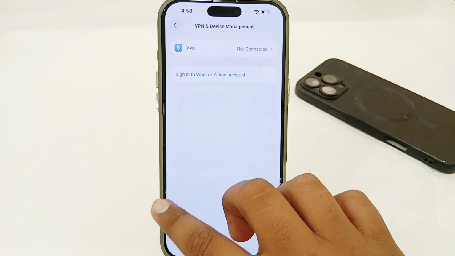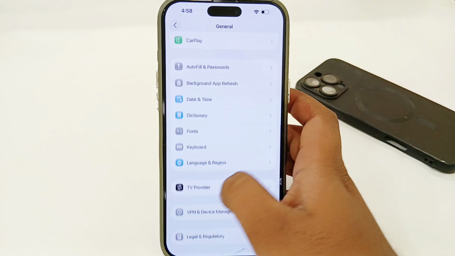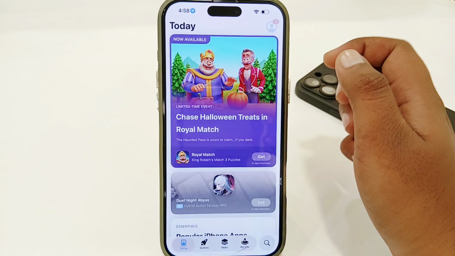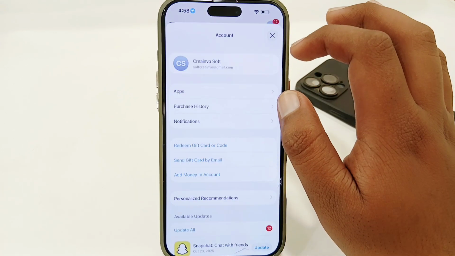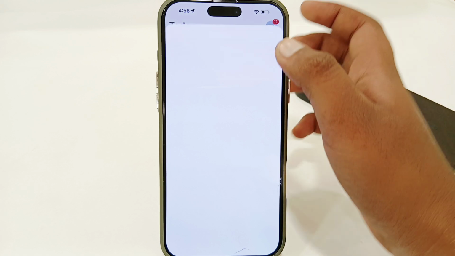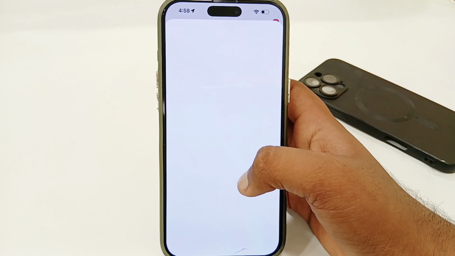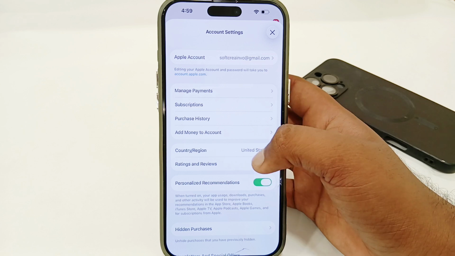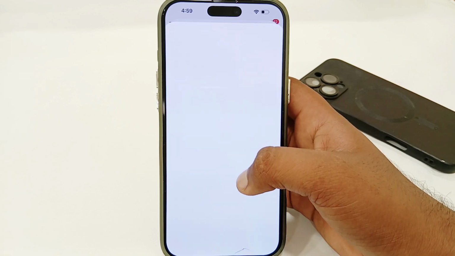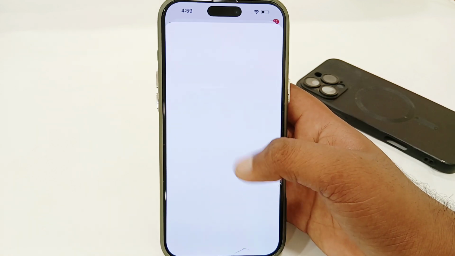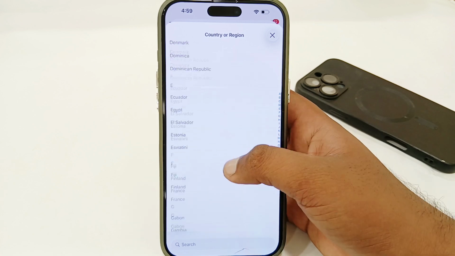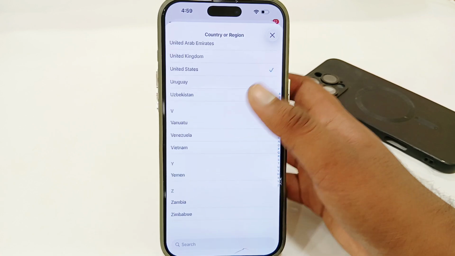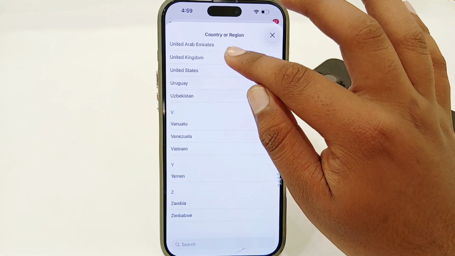And after doing that, you just have to go back from here, and then tap on the App Store and then tap on your Apple ID in the top right corner. Then select your account from here, and then you just have to change your country or region to fix the issue. So select the country or region option, and then select the country or region in which you are living. So once you have selected, tap on your country or region option name from here,